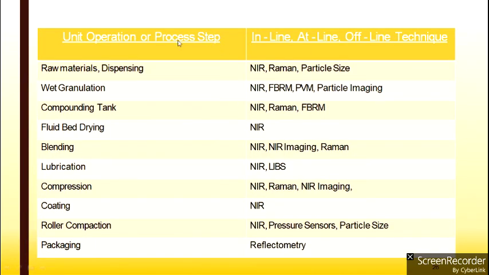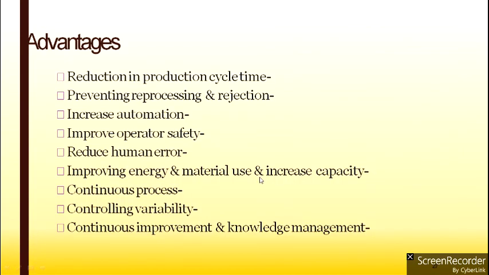Okay, so these are the many unit operation steps that are included in the pharma process, that is dispensing, wet granulation, fluid bed drying, blending, and these are the techniques or instruments that are installed along with that, so that if there are any errors in these process steps, it will definitely tell you, and the analysis will be done, and how it will impact your final product will be analyzed using these techniques.